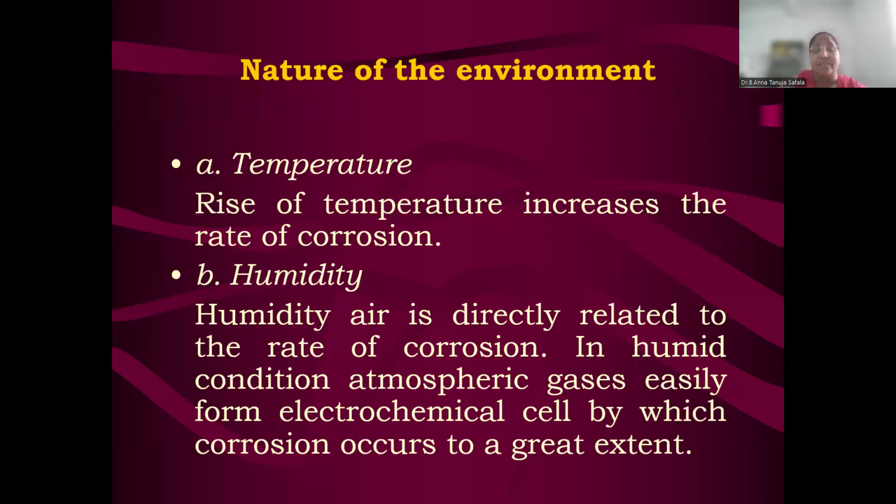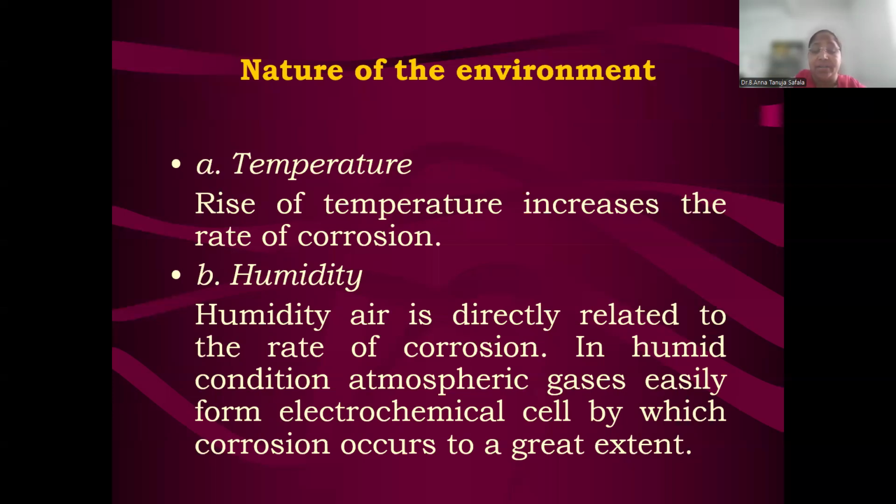So far, these are the factors which are influencing the rate of corrosion under nature of metal. Then if we come to the nature of environment, many environmental factors can influence the rate of corrosion, but a few of them are listed here. Temperature, number one. At high temperatures the rate of chemical mechanisms would be greater. Similarly, the corrosion mechanism can enhance as the temperature is increased. So that's why the tendency of corrosion is also greater.